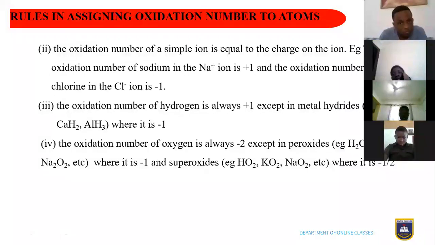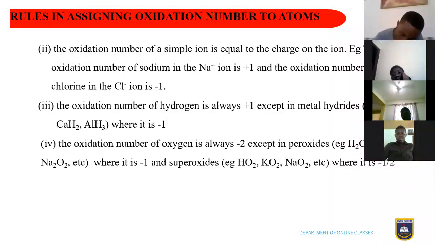Take hydrogen peroxide. They sell it mostly in the markets, at the park stations, always in some small brown bottle. They use it as a mouthwash. They say if your mouth is smelling, you use it to rinse your mouth. You add water, dilute it, and then use it to rinse your mouth a number of times and pour it out. That's hydrogen peroxide. When you have oxygen in those compounds, H2O2, Na2O2,